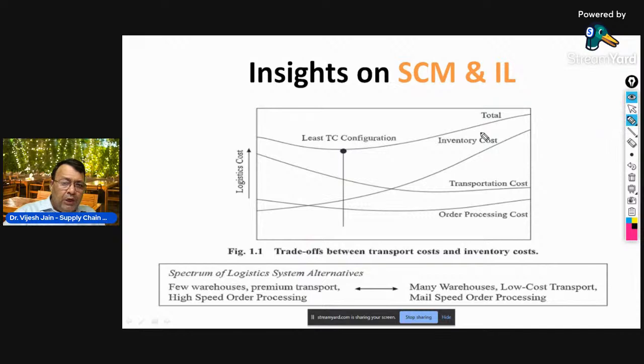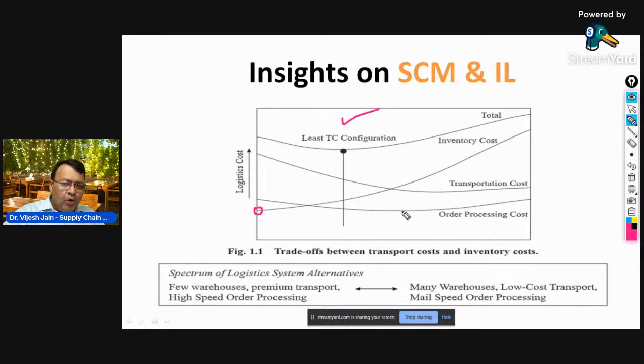So to illustrate this point of the overall cost perspective and reduction of the overall cost, including the transport cost and the inventory cost, and having the trade-offs. What is the meaning of that trade-off? So, if we compare the logistics cost, and if we try to reduce, for example, the inventory cost, we can have some minimum